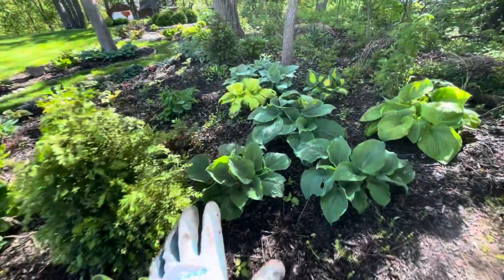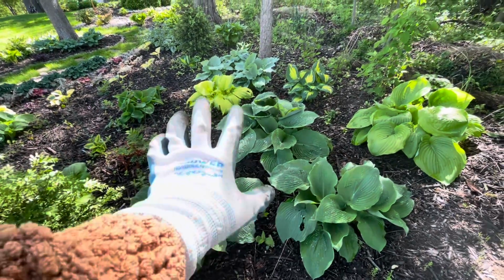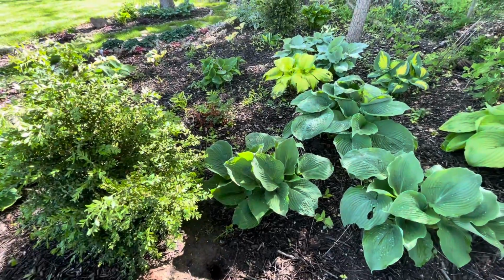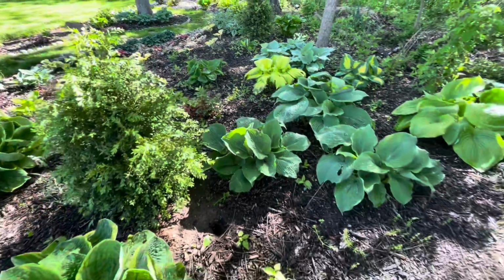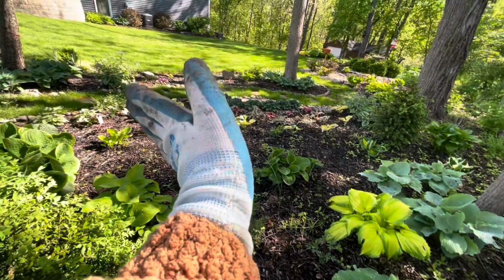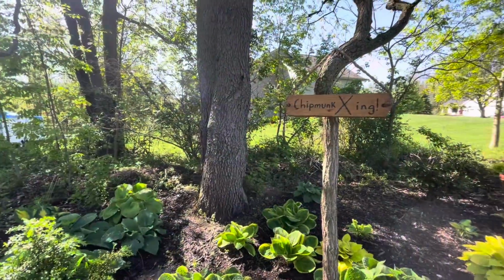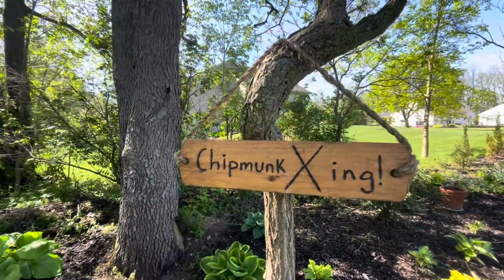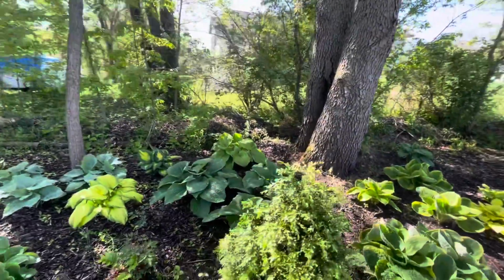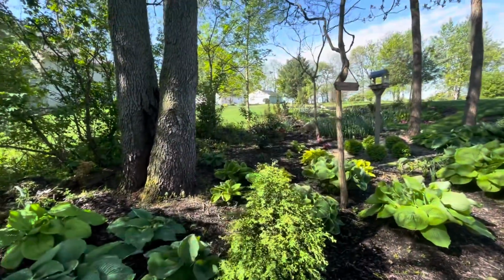But I've got 3 Blue Angels right here, and I really only need like 1. So maybe I'll just dig that one up and put it up there. That'll be a lot easier because I want to rework this area and try to make a path that connects right there somehow. There's another suburb of my city here in the gully. It's called Chipmunk Crossing. So we're going to be digging up this Blue Angel Hosta and moving it up to the...